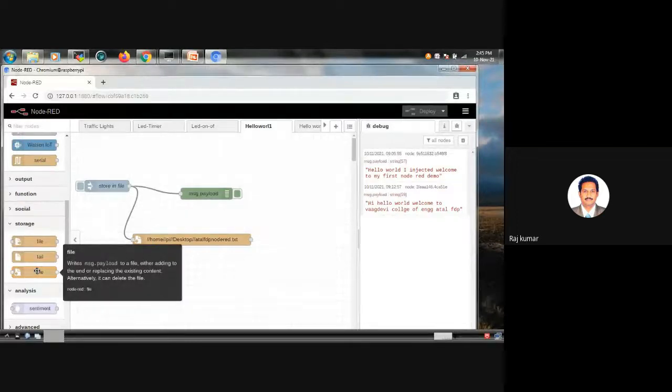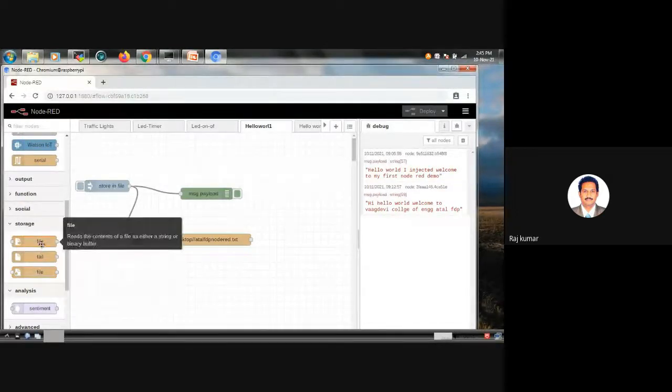Here you can see, for storage purposes you can use these nodes. From the file, the contents will be read and you can store or display them on the debug window. The first one reads the contents of a file either as a string or a binary buffer. That is optional, binary buffer, or you can directly read as a string.